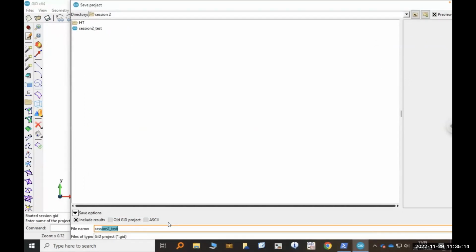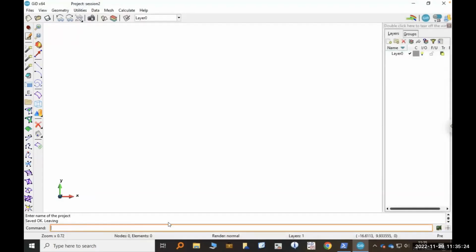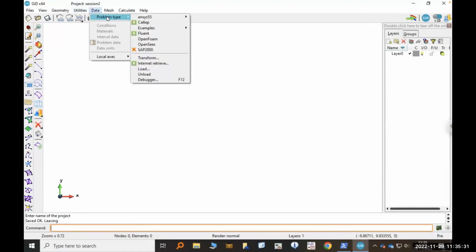I'm going to call this session 2, not going to say test, it's just session 2 now, okay? I'm going to save that. And then I'm going to go to this menu item called data, and it's called problem type. And what you see immediately is that you have many different interfaces that you can download and use for this graphical user interface, but the one we're going to use is the OpenSees one that I have downloaded and already put on this machine, okay? So I'm going to click OpenSees,